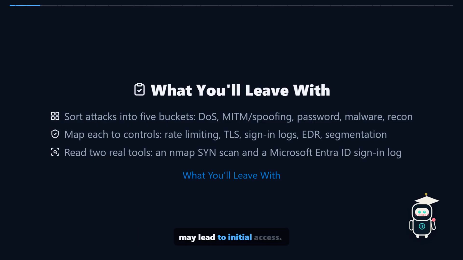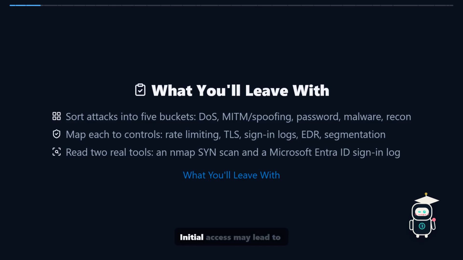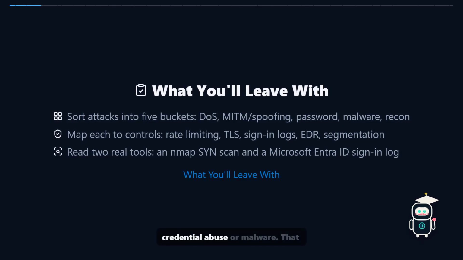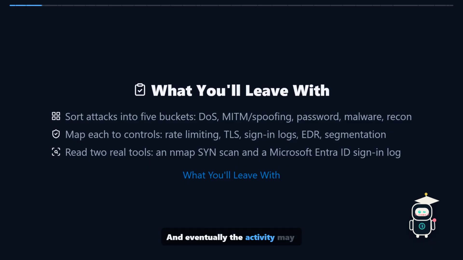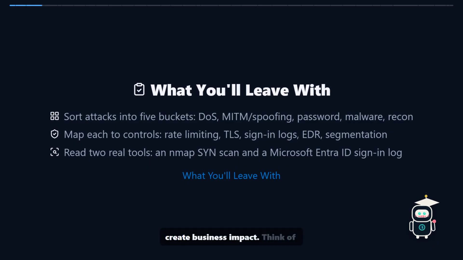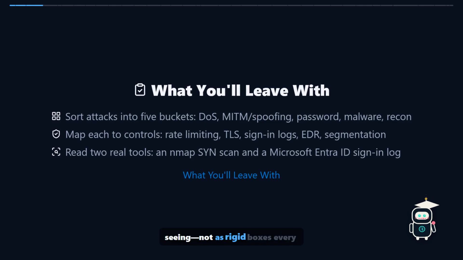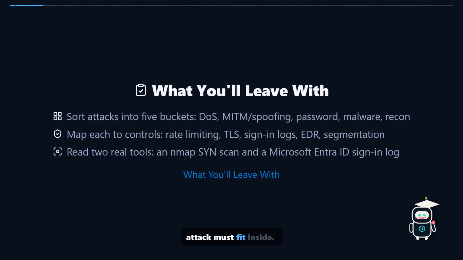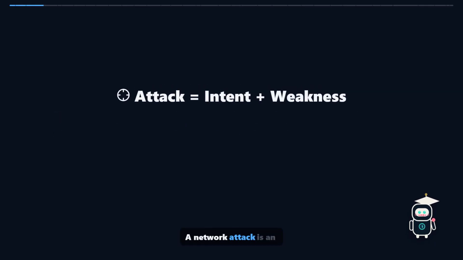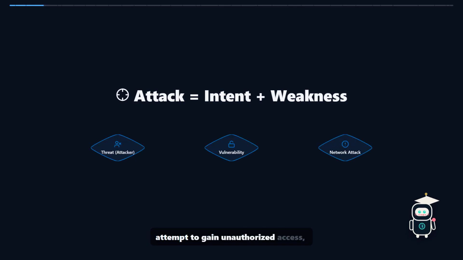Reconnaissance may lead to initial access. Initial access may lead to credential abuse or malware. That access may enable lateral movement. And eventually the activity may create business impact. Think of these categories as a useful way to organize what you're seeing, not as rigid boxes every attack must fit inside. A network attack is an attempt to gain unauthorized access, disrupt services, alter information, or otherwise cause harm